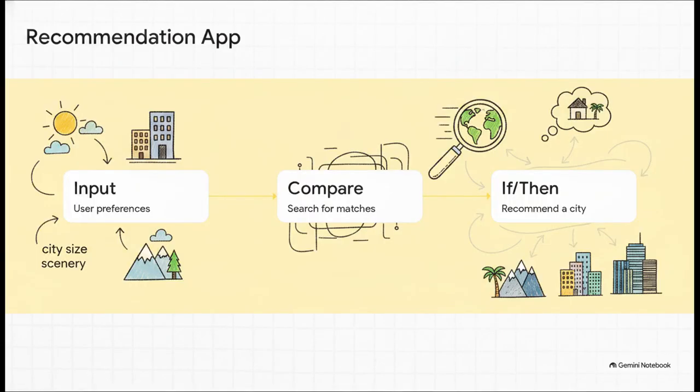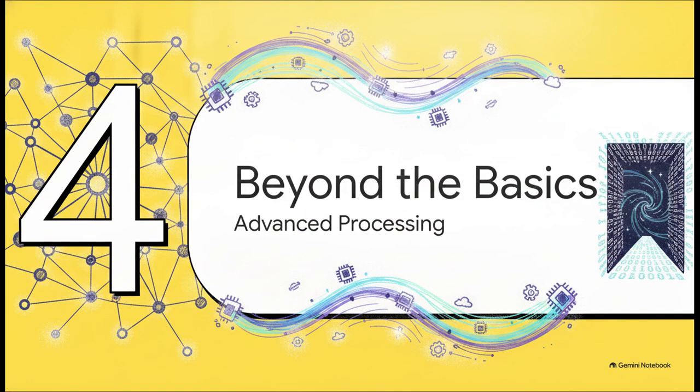Or take an app that recommends the best city for you to live in. You put in your preferences for weather and scenery. Instantly, the app orchestrates this whole symphony of processing. It searches a huge database, compares those cities against your checklist, and uses if-then rules to filter out the bad fits. The result? A perfectly tailored recommendation just for you. Which brings us to our final section,